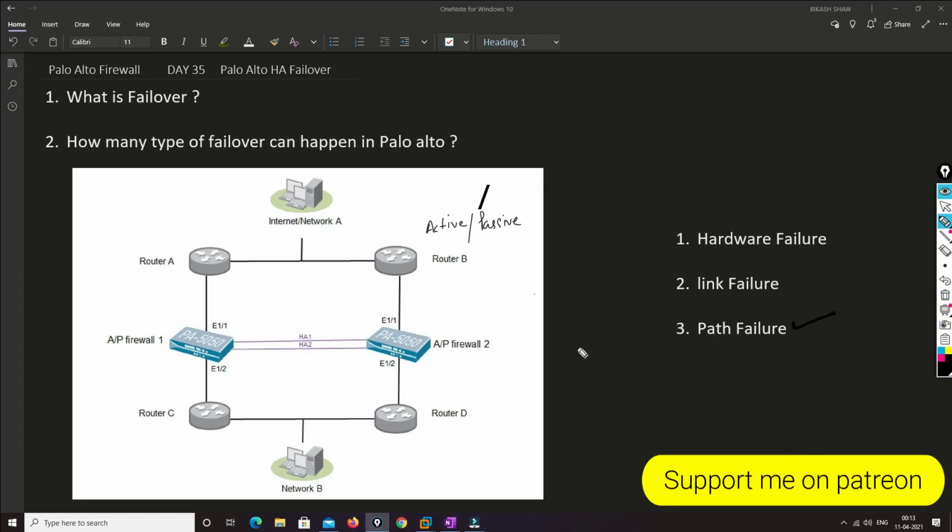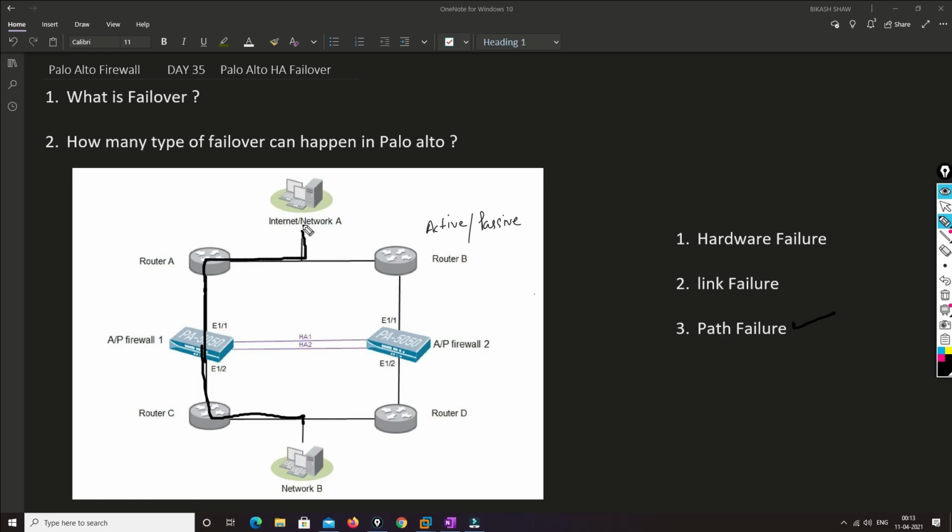Now in path failure, if any device in this path goes down, let's say this router or maybe this router goes down, in that case also the traffic will not be able to reach network A, our target. The reason we have a redundant device is that I want to reach network A from network B because it is very critical.